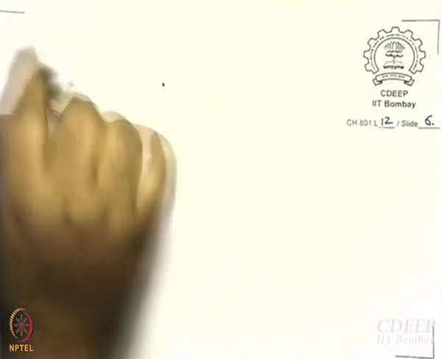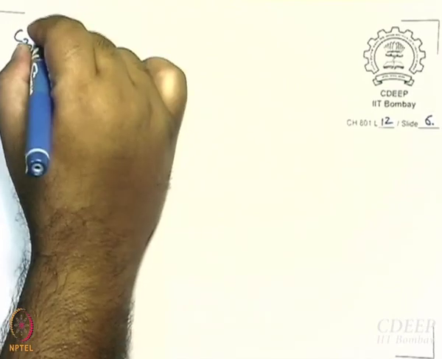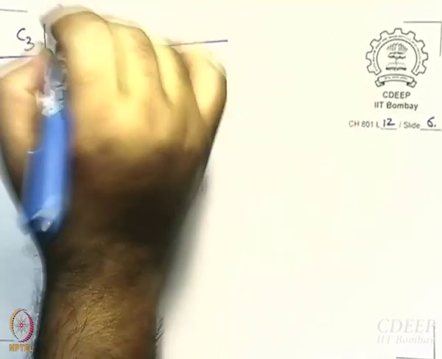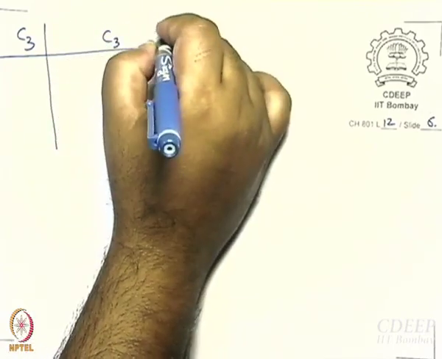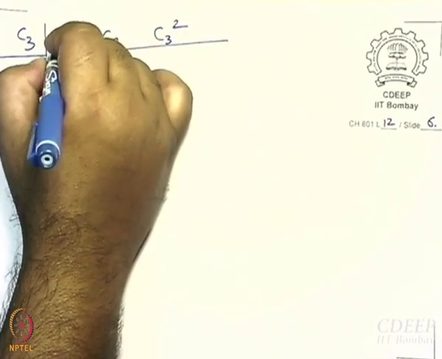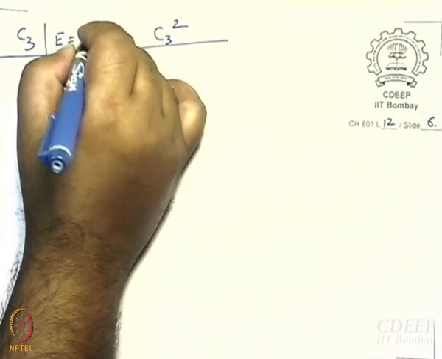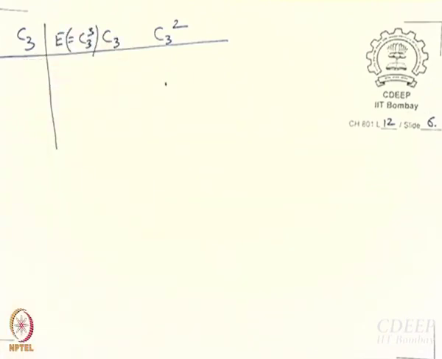Fine. So, we have learned to work out C4. Now, if I ask you to work out C4, you should be able to do it. If I ask you to work out C3, then also you should be able to do it. C3 is actually easier. What do I have? I have the C3 operation, I have the C3 square operation, and I have E, which is equal to the C3 cube operation. Once again, a cyclic group.